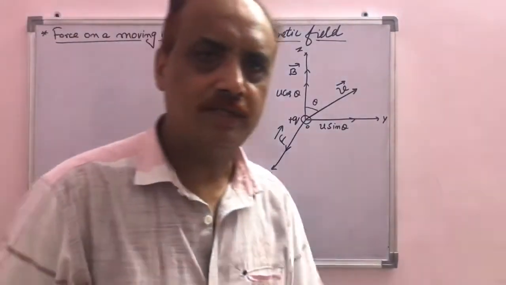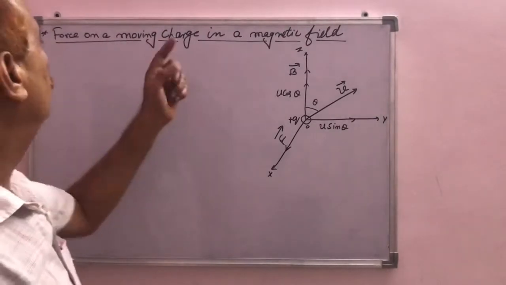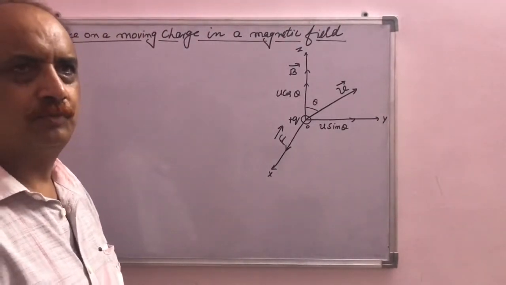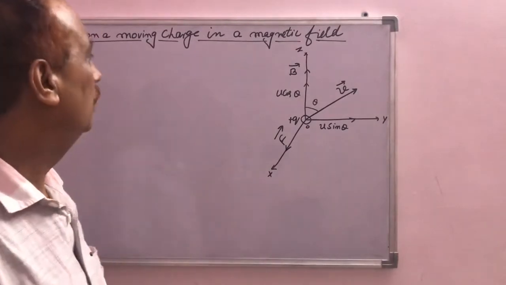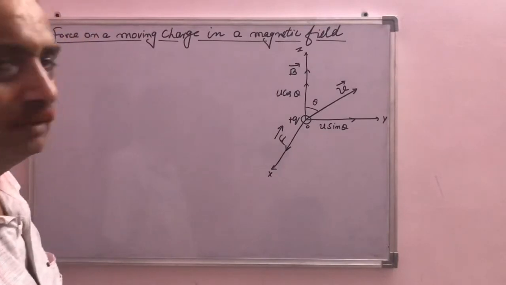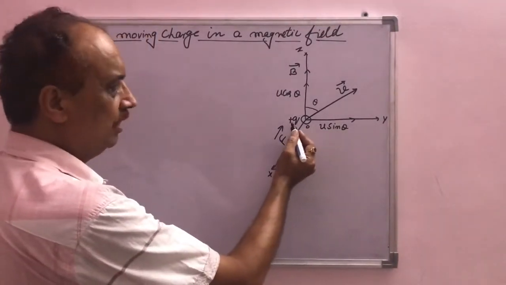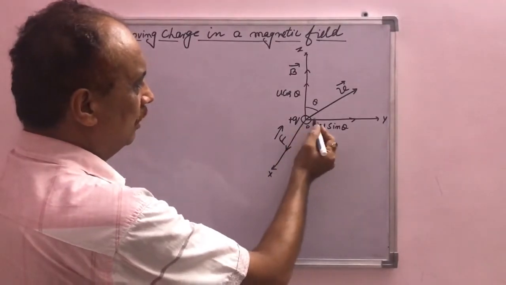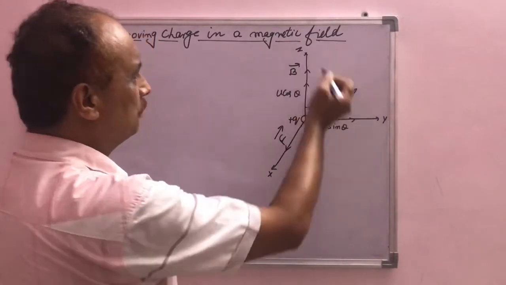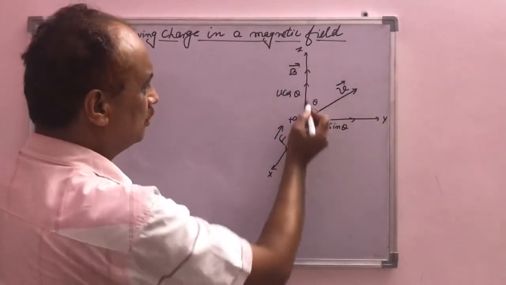Okay, hello students. Today I will discuss the force on a moving charge in a magnetic field. To find the force acting on a moving charged particle in a magnetic field B, we have to consider a plus Q charge moving with velocity v in the yz plane, making an angle theta with the direction of the magnetic field